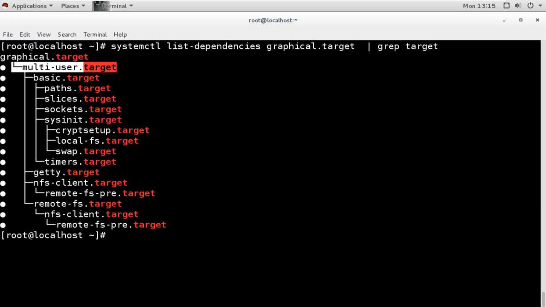So you have to execute multi-user first, then basic is a dependency for multi-user. Multi-user needs this basic, and also needs Getty, also NFS, also remote-fs. Then basic needs these other targets to be executed, and you can see all the dependencies. Just like we saw in the unit file, it shows that it needs this, and we can see it with this dependency command also.